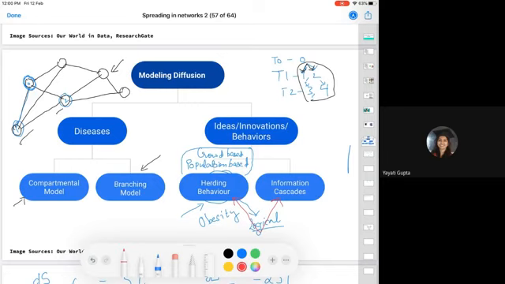Information cascades modeling you use in scenarios when you have an underlying network. Assume, as generally happens in undergraduate classrooms, that students are deciding whether to bunk a class or not. Now I have to decide whether to bunk a class or not. I'm not going to go online and see in the world how many people bunk, whether bunking is the right thing or not, and then do it. I'll simply look at my friends and see what most of the class is doing, because that's where my payoff is coming from. It's my local network which matters there. So that's where information cascades come into the picture.